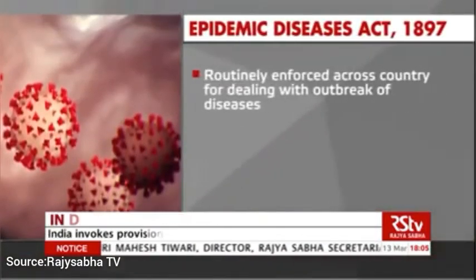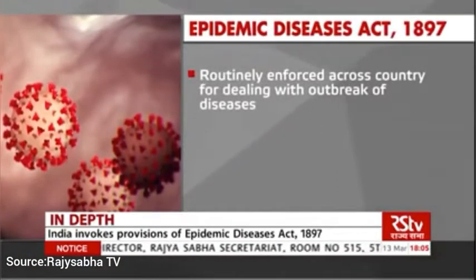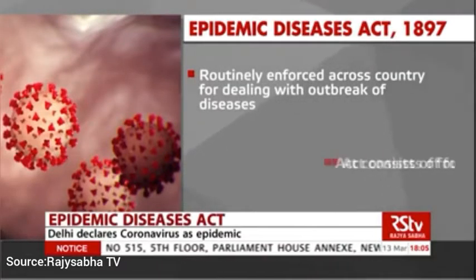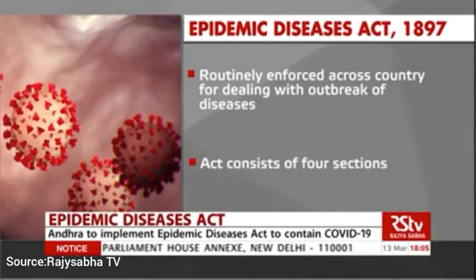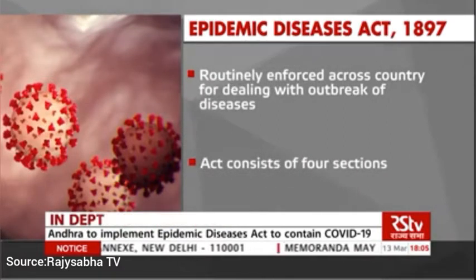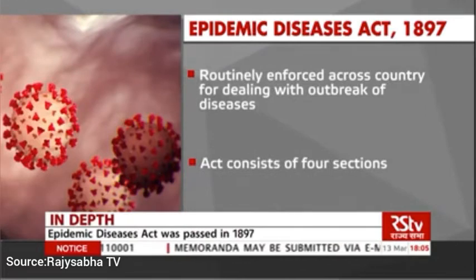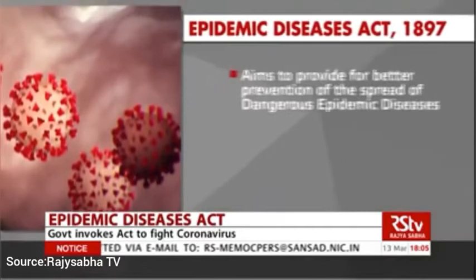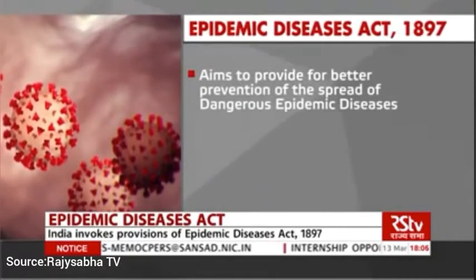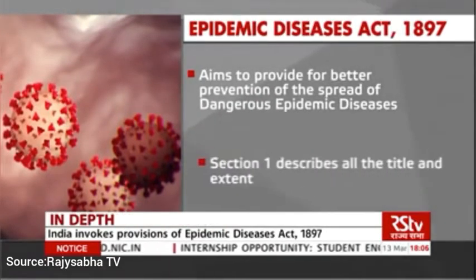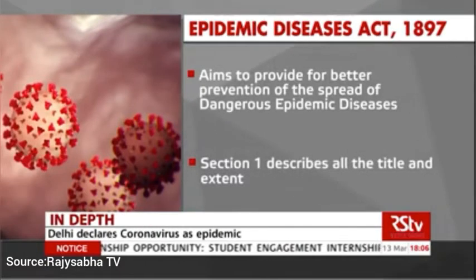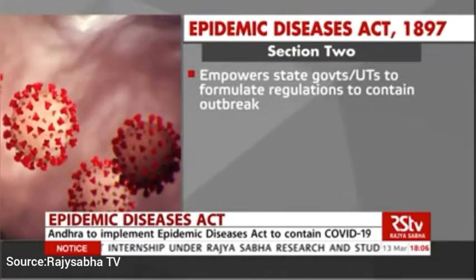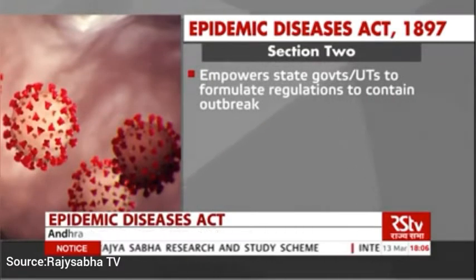But what does the Epidemic Diseases Act 1897 entail? The Epidemic Diseases Act is routinely enforced across the country for dealing with outbreaks of diseases such as swine flu, dengue and cholera. The Act, which consists of 4 sections, aims to provide for the better prevention of the spread of dangerous epidemic diseases. The first section describes the title and the extent. Section 2 empowers state governments or union territories to take special measures and formulate regulations to